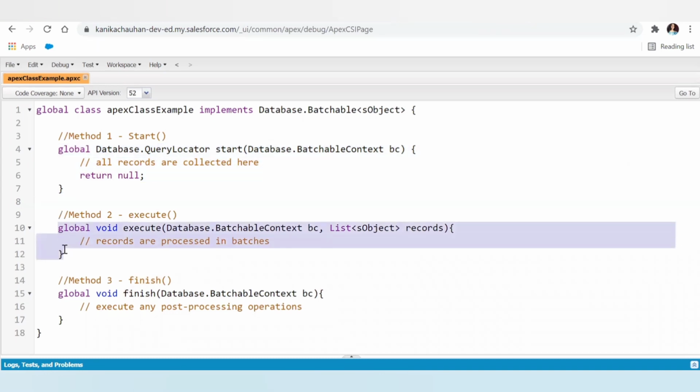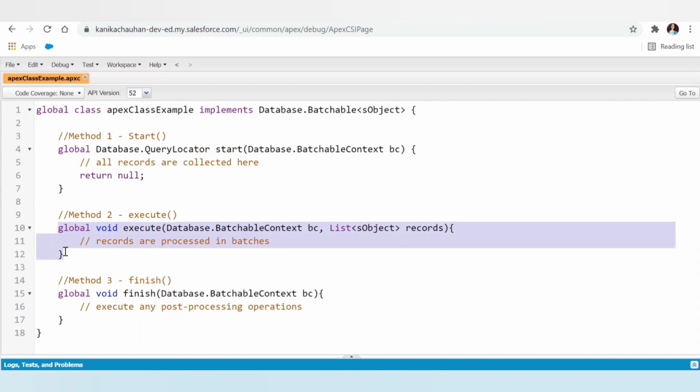Now let's come to the second method, execute. As you can see, in the parameter one list of sObject is passed. This list contains the records which are passed from the start method. This method is used to perform an operation on the records fetched from the start method. The processing is done on the basis of batches, that is, the records are divided into batches or chunks, and the default size for each batch is 200.